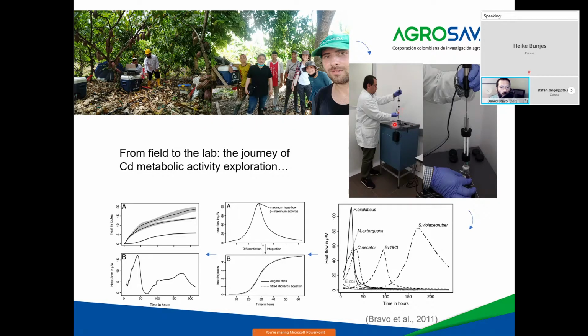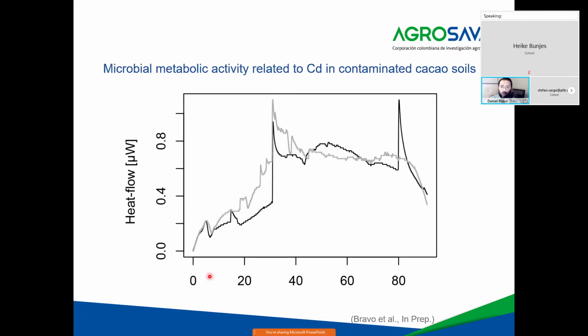Then we took 1 gram of the homogenized mixed composite sample, and using a liquid medium, which is a Mergate medium specialized for cadmium assessments, we performed the heat flow thermograms, integrating the heat flow data to get the heat, and then biological meaning information regarding the soil samples. So here you can see a thermogram of a soil sample rich in cadmium.